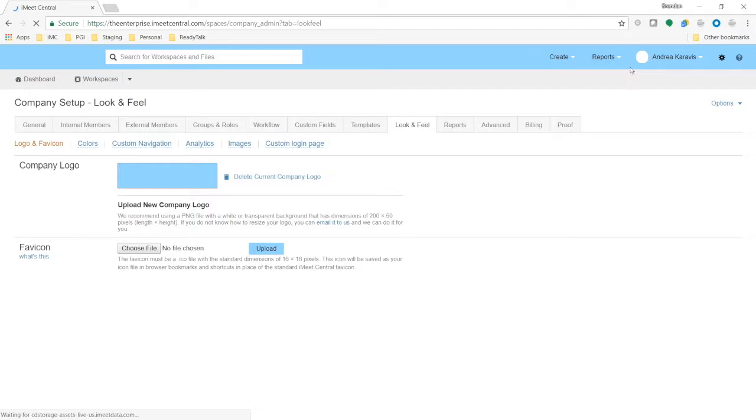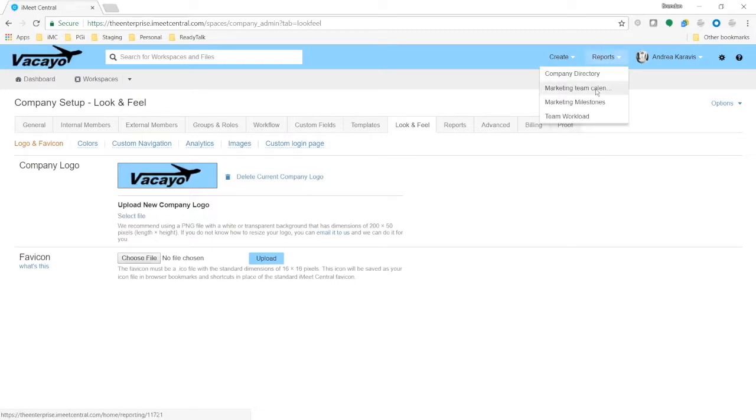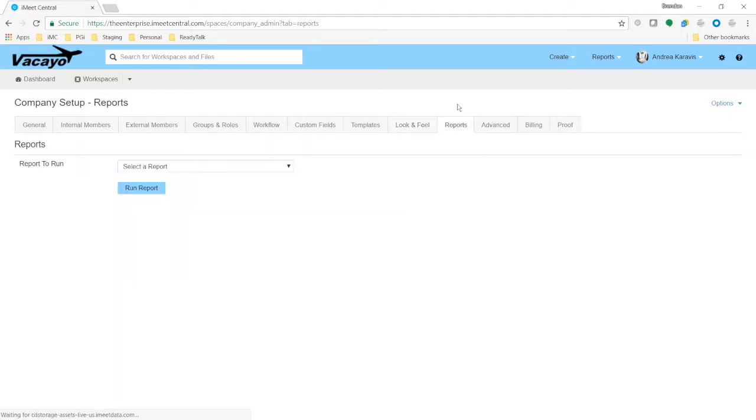So this is available to you as a company admin to add a little customization to the top bar. All users in the system will see this, so just be mindful of what options you give them. It might not be smart to put a bunch of things in there that are restricted, because then people just get frustrated. The Reports tab, I talk about this in greater detail during our reporting iMeet Central University course, but